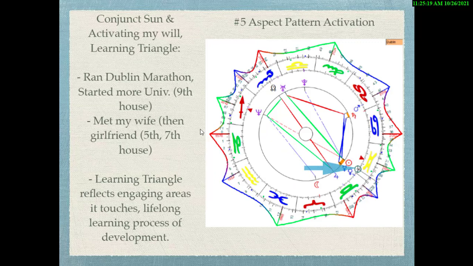I can also speak to another example of aspect pattern activation using my own chart, sacrificing myself on the altar of reality for you all. This is called a large learning triangle, this quincunx, sextile, and square. And when my H point activated the Sun, I did run the Dublin Marathon. I'm not a runner anymore, by the way. I started university,